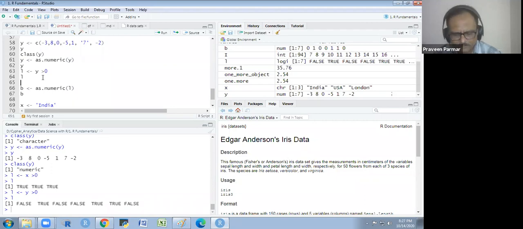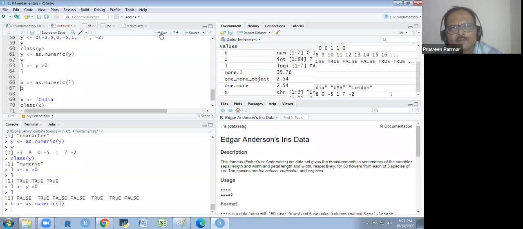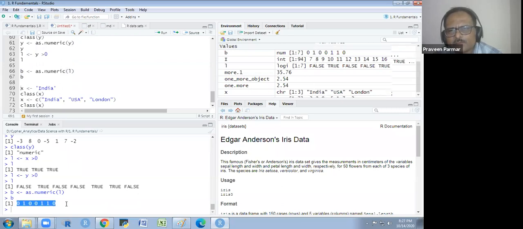Got it? So if I convert this, you see that I have given the new name, and I'm converting as.numeric L, and then I will show you. So it is Boolean. Does that make sense to you? It is L, I have given the name L, the object name. You could write anything, X, Y, Z, A, B, C, D, whatever you write here. Is it clear?